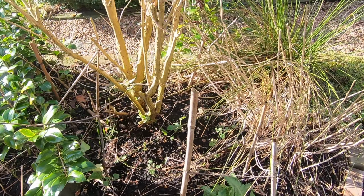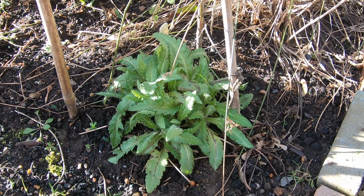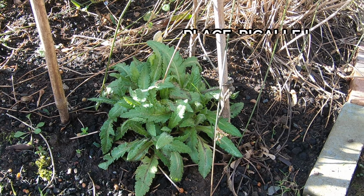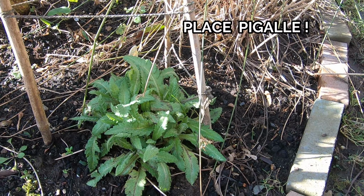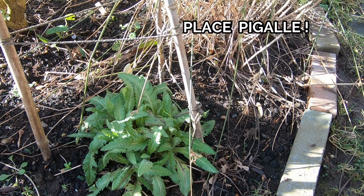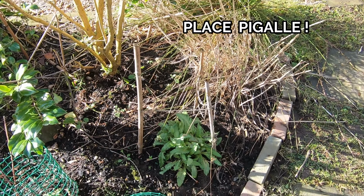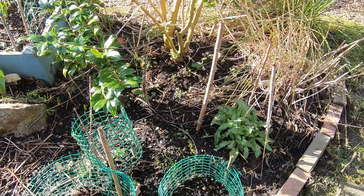Now this is another poppy, and that one is called Place Pigalle, or Place Picante. That's it, Place Picante. And that is a really unusual poppy. It's sort of orangey and it's frilled. And that one, along with some of the other things I have in this bed, there's some sedum